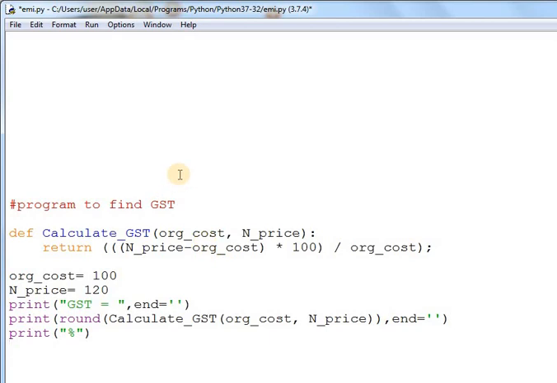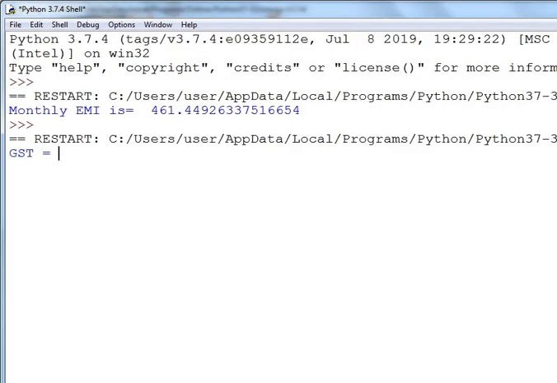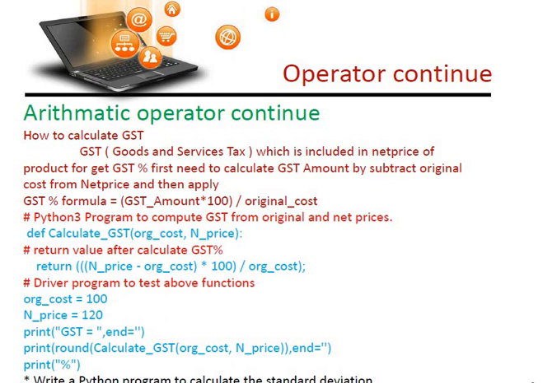Now if I run this program, GST 20%. Okay, so this function is also working. Now next,